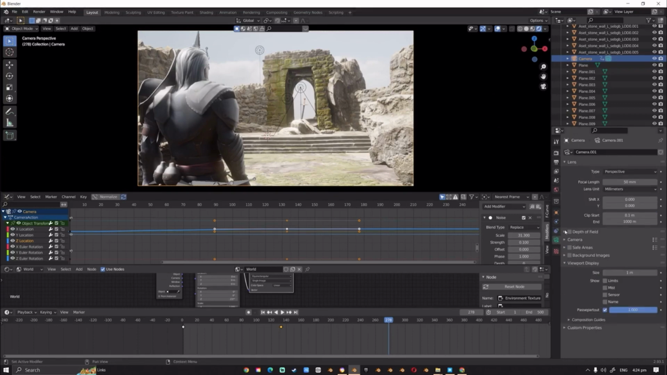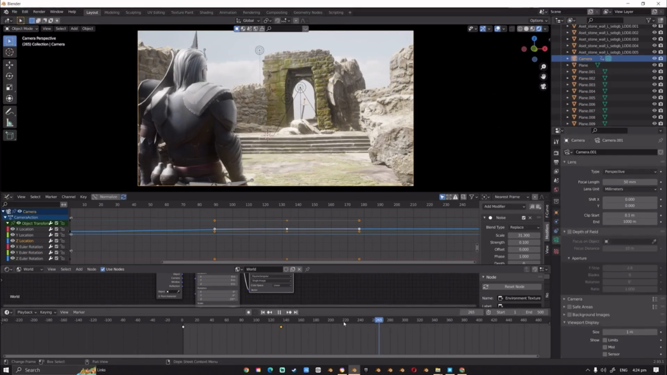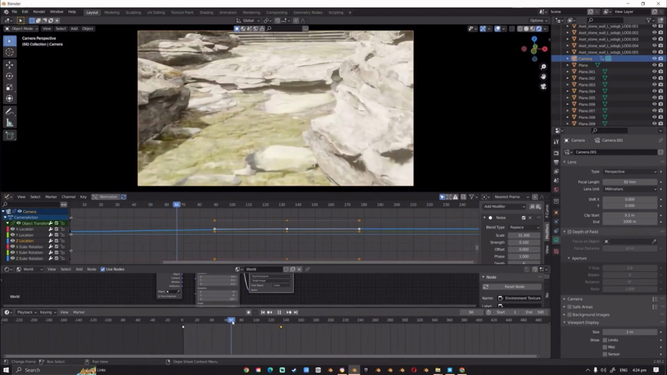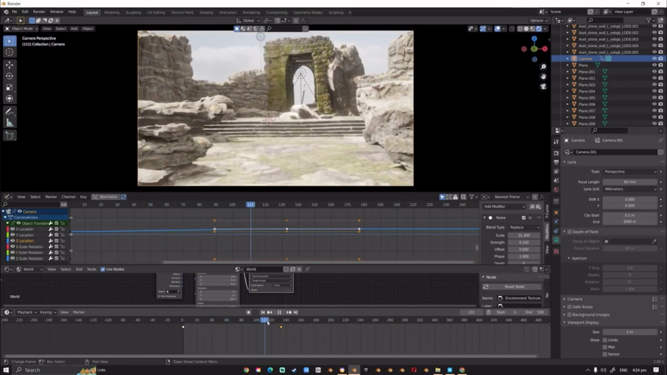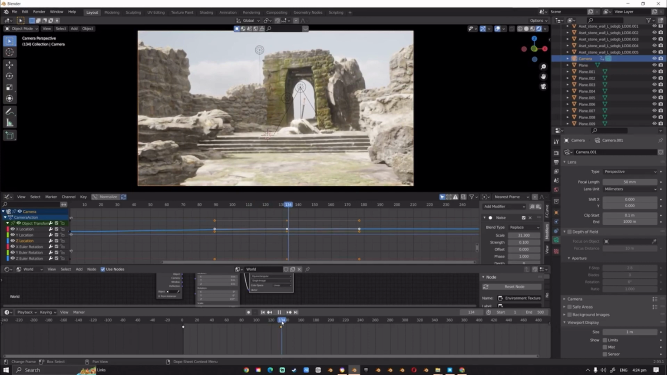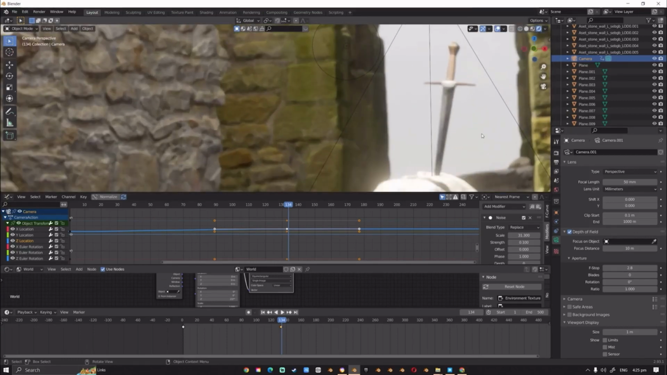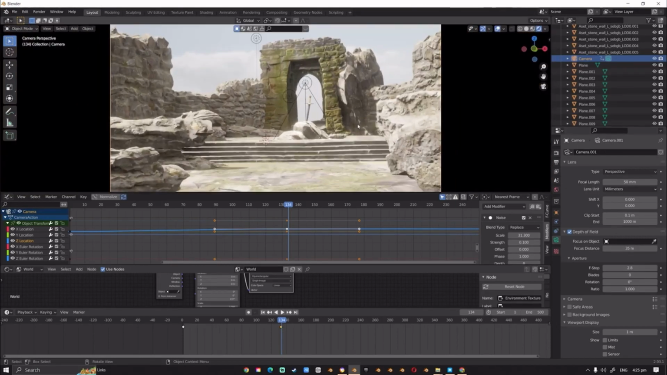Alright, so let's go back to our camera right here. Go to the depth of field. And then let's add a keyframe to the depth of field. I mean, let's turn on depth of field first. And then let's put the distance until this sword is clear, so it should be like that. Alright, let's add a keyframe there,